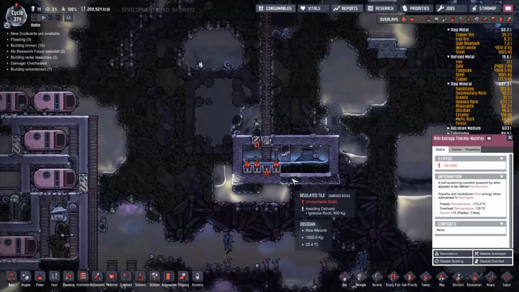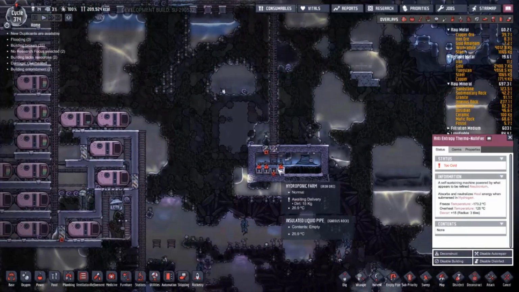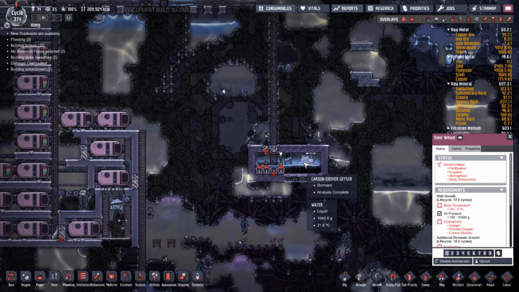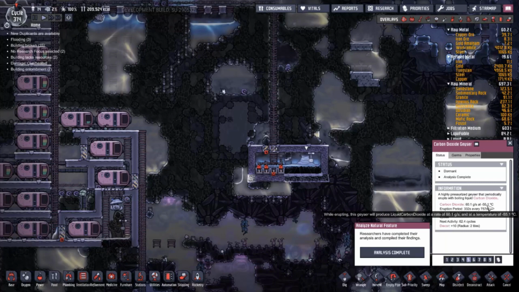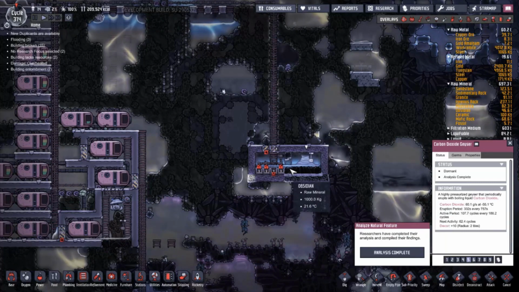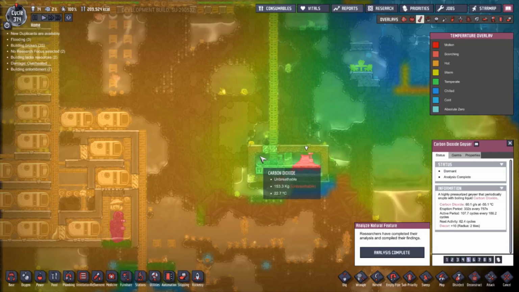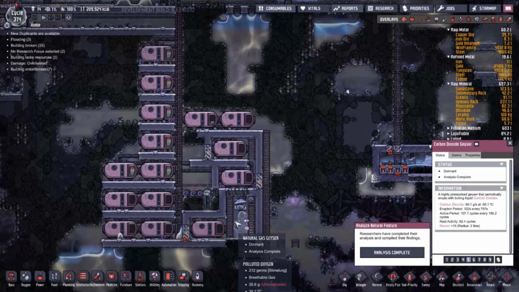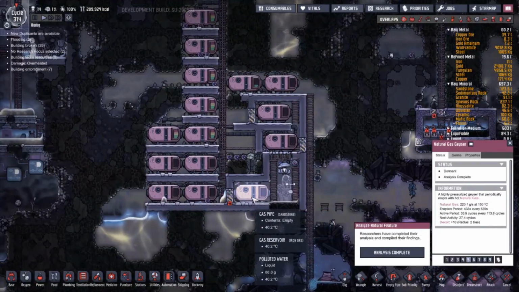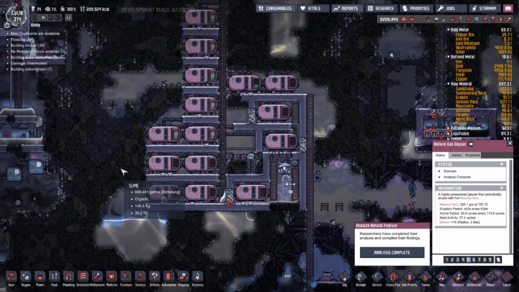This was a problem. So I wanted to grow sleetweed, and I thought, hey, here's a carbon dioxide geyser. It produces carbon dioxide at minus 50 degrees. It's gonna cool down perfectly. However, it didn't. It never got working very well. So with my natural gas, instead of building a storage unit